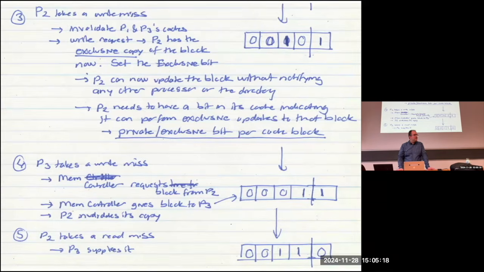Yes. The size of this directory has to cover every unique cache block. There are ways to reduce the cost, but in the end, it's quite expensive. That's true. But that doesn't mean that Snoopy base is easier, because with Snoopy base, you need a bus, and a bus might be okay. Tomorrow, we're going to learn about interconnects. But a bus might be okay to connect 8 or 16 processors, but once you have hundreds of processors,